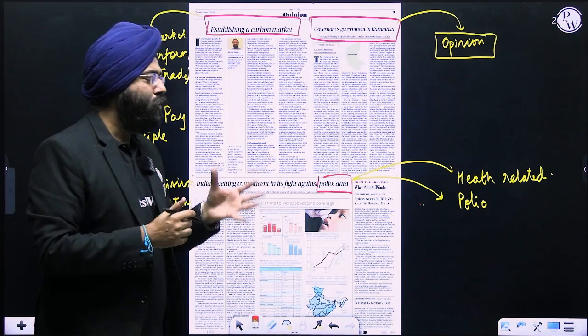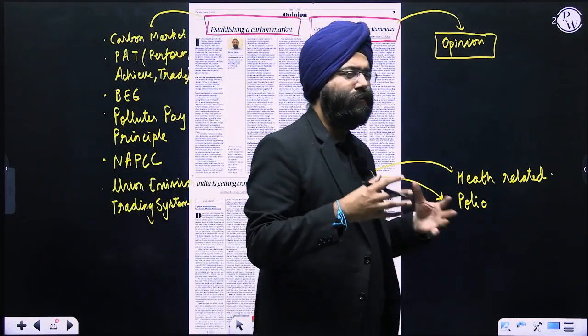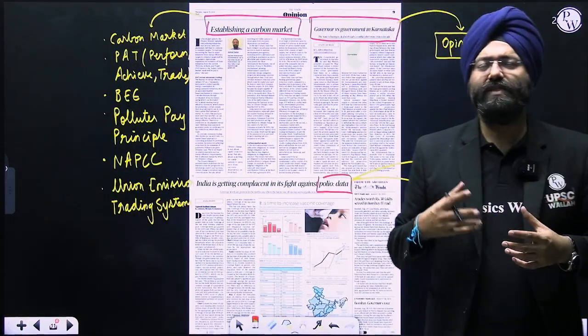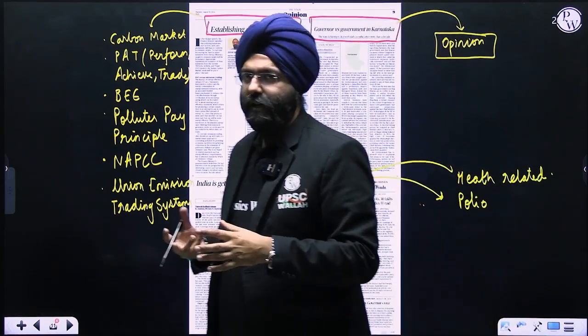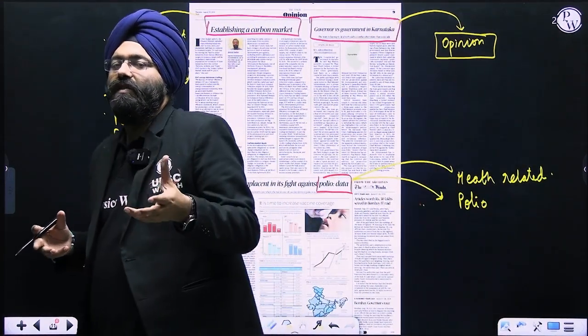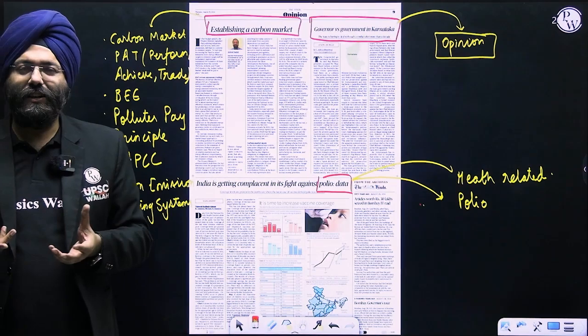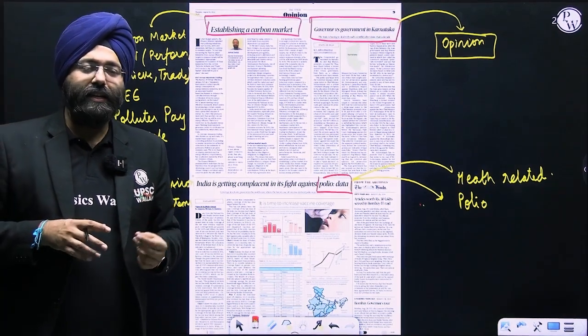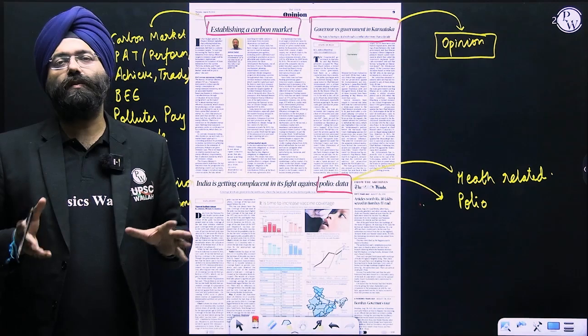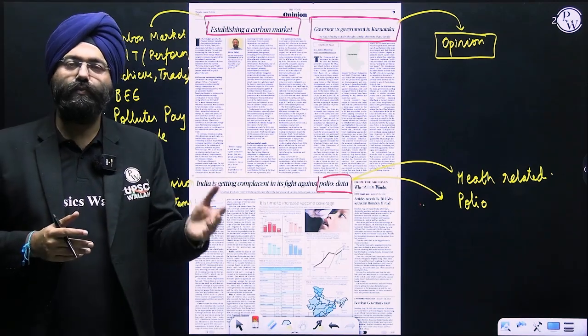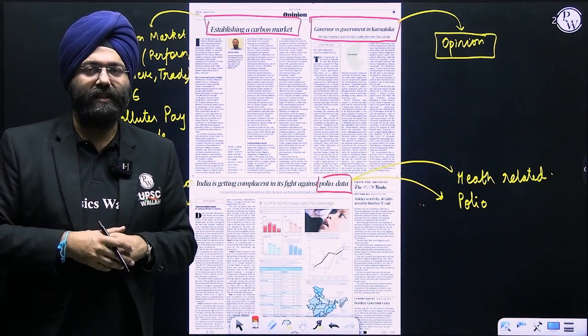Next, now with respect to polio. When polio is mentioned, you will be wondering, sir, do we have to go through this article completely? No, it becomes difficult. But you should know what is polio, right? Whether it is related to some virus, bacteria, or what type of pathogen it is related to. Is there any cure? UPSC will ask such simple questions, but because we haven't read, we are not able to solve them with respect to prelims and obviously at a broader level at the mains level, right?